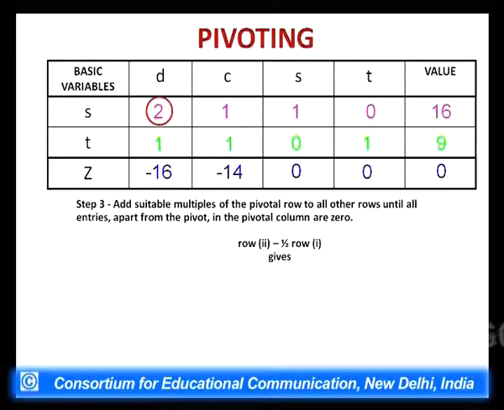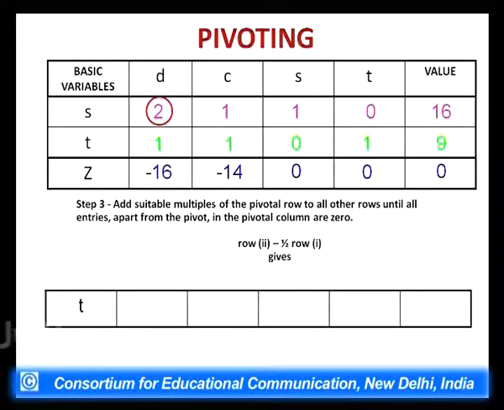So the new values will be now under T. We have to change the values of the row which starts with T. Now look at the values: 0, half, minus half, 1 and 1. This is what I earlier told. And how is it done? The first row is divided by 2 and subtracted from the second row. All figures are now changed, but we have achieved our aim that the value 1 should become 0, because all the values in the pivot column except the pivot, we have to bring to 0.